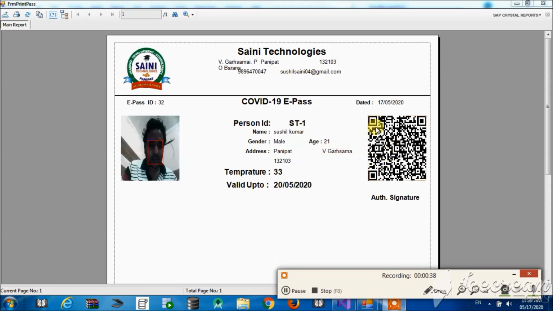This detail is also stored in this image. So this is how we can create the COVID e-pass in our system.